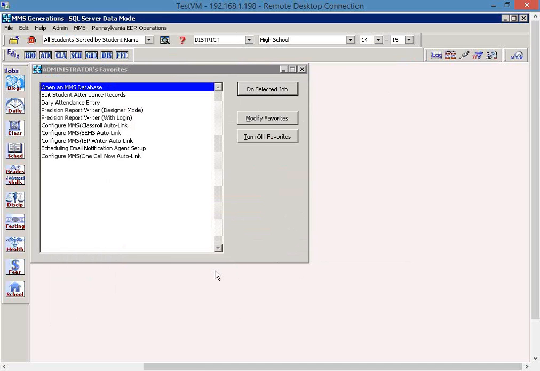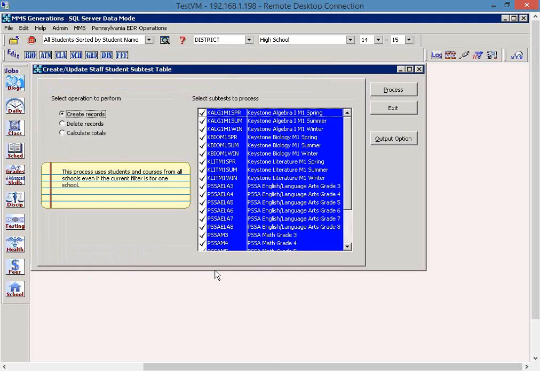Now we come to this Create, Update, Staff, Student Subtest table. So this new option here, Calculate Totals, this option allows MMS to pull together all of the teachers, courses, and students for each subtest, and it also calculates the possible enrollment for each student and teacher and their final responsibility